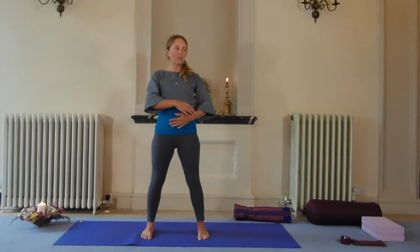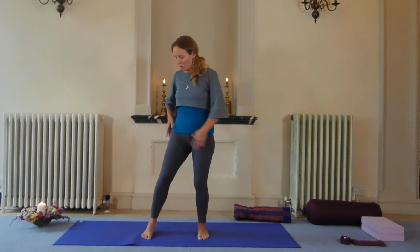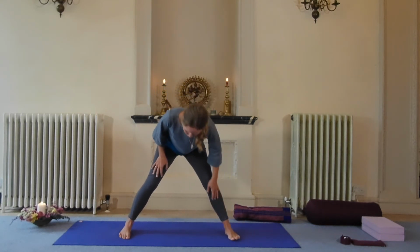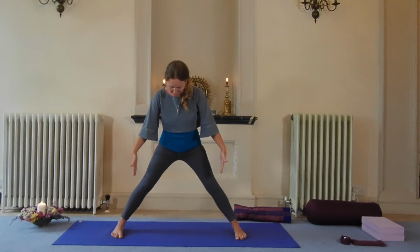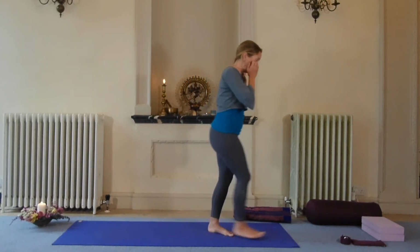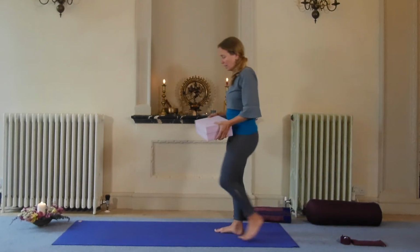Great, so that should feel like hopefully that you're nice and released, and there's a lot of twisting movement, but kind of warmed up in the twist. Okay, so stretching out your legs, so we're going to come into the wide leg forward fold. So this is the point where if you have blocks or anything like